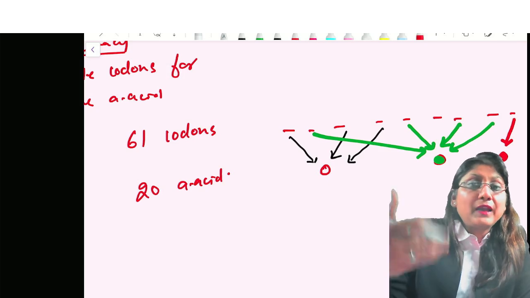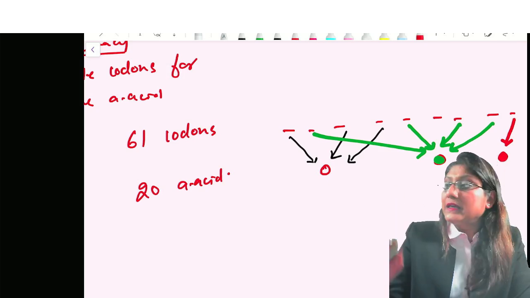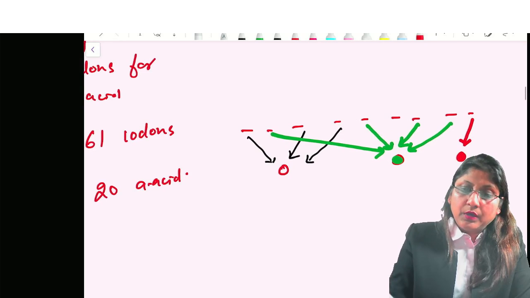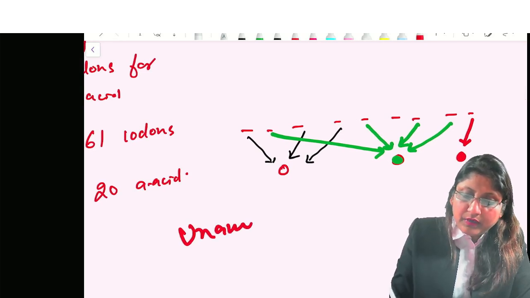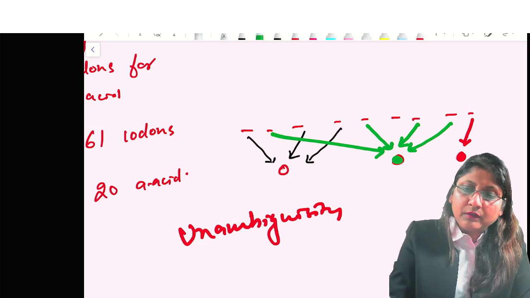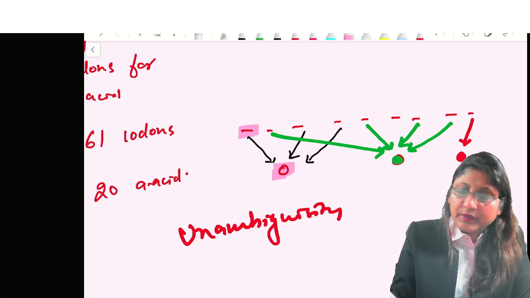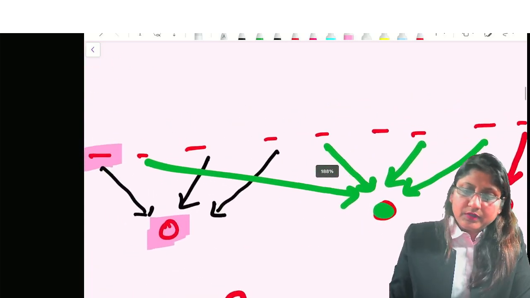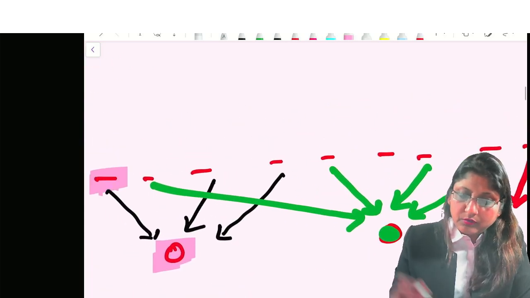And there is something called unambiguity as well. That's another characteristic of genetic code. What is unambiguity? So you must know, if one codon has coded one amino acid, as you can see in this picture, that codon is not going to code any other